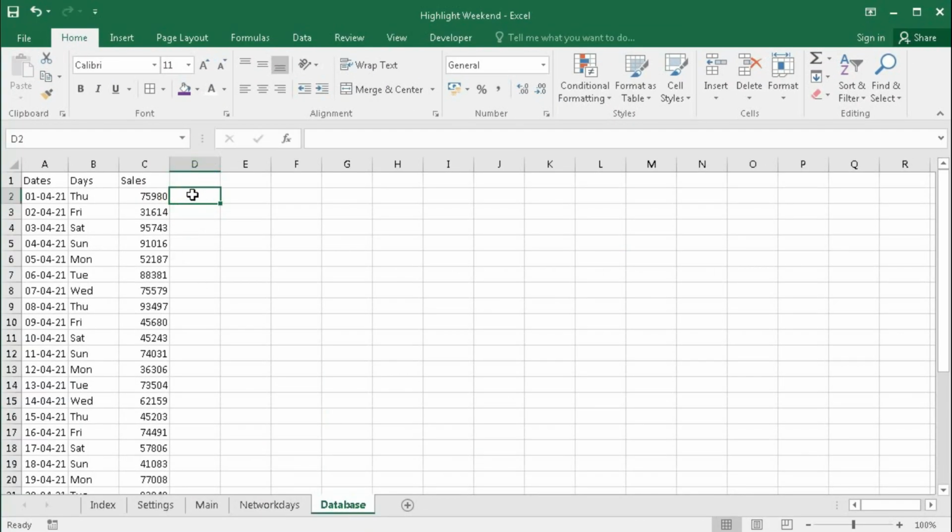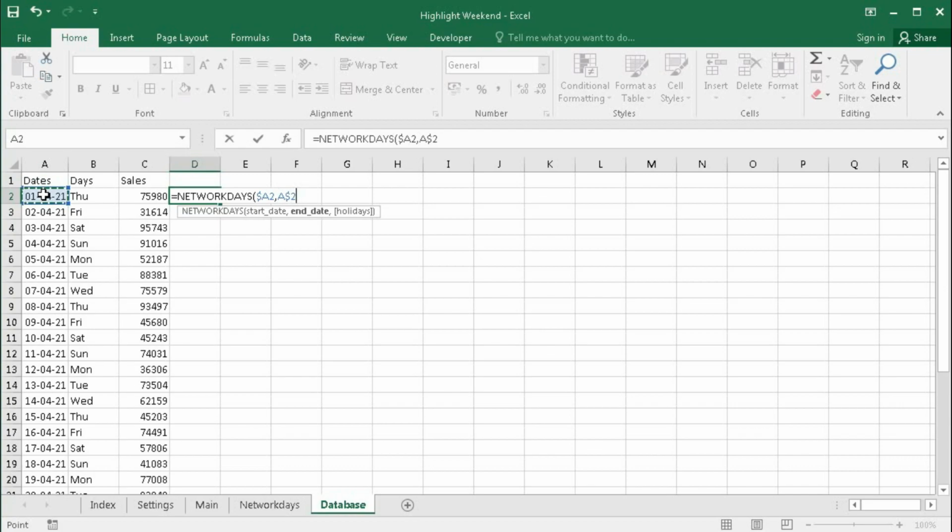Here, first we will understand the NETWORKDAYS function. What does the NETWORKDAYS function do? NETWORKDAYS returns the number of workdays between two dates, excluding the weekends. So, equal to NETWORKDAYS, our first date is this, then lock the column A, comma, our last date is the same.